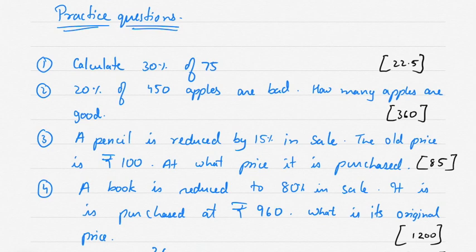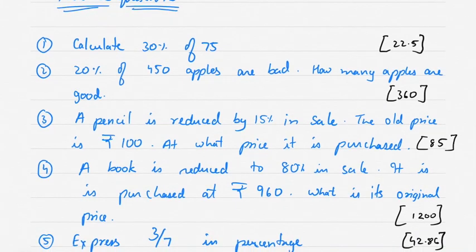Calculate 30% of 75. 75 into 30 upon 100. Correct? The answer comes to 22.5. Right? Next,